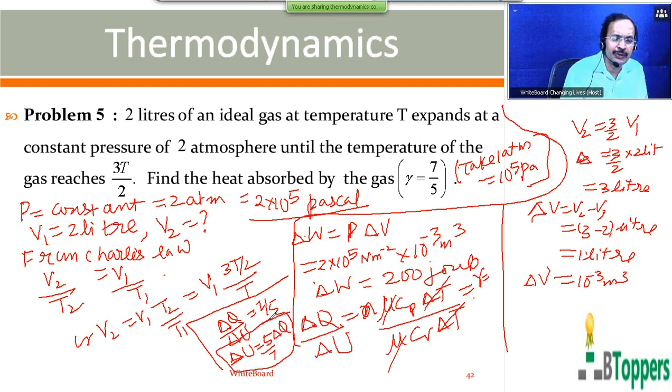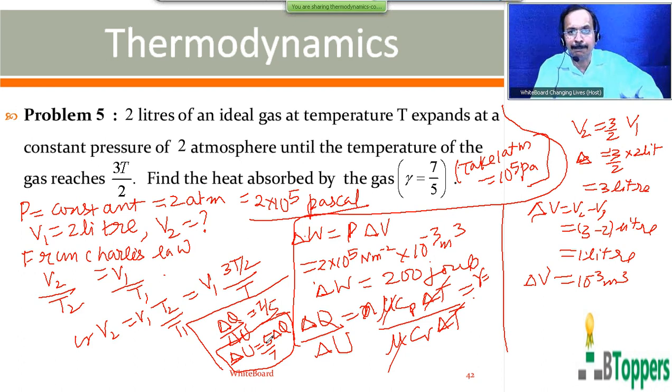We'll substitute this value of delta U in terms of delta Q in the first law of thermodynamics. Those who want to copy the solution of the problem, please take a pause and copy the solution of the problem up to this step. I have not finished the calculation yet. If you finish copying, I will continue the calculation part. Take a pause and finish copying the working up to this step, so that I will be able to continue the calculation. Next slide.